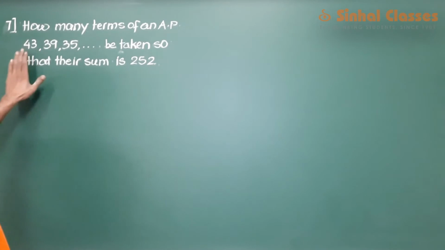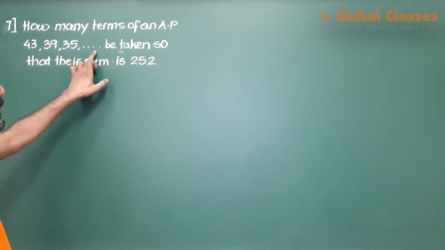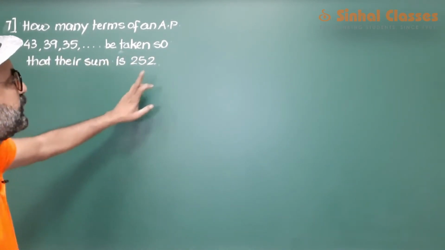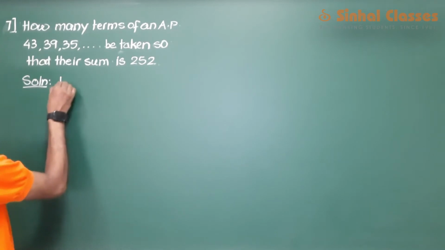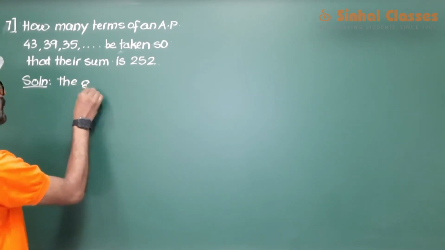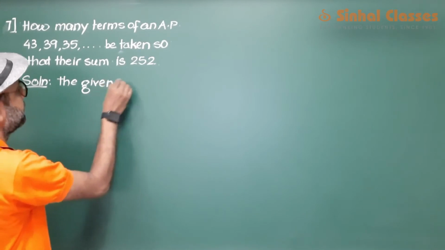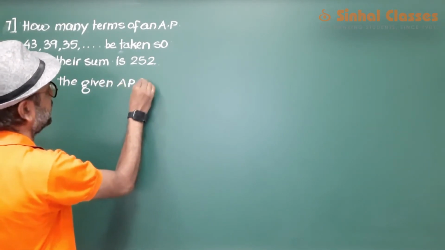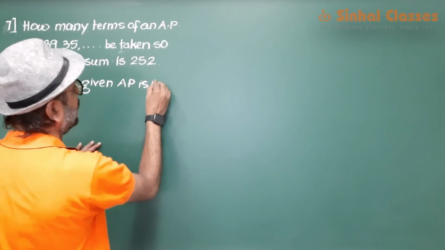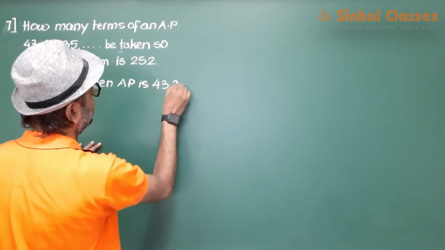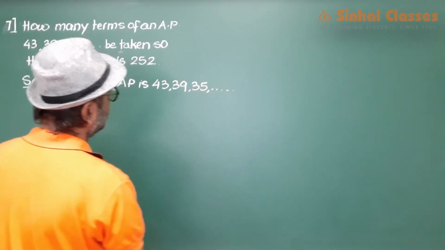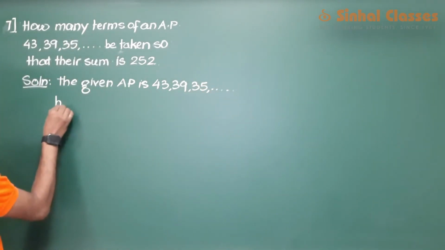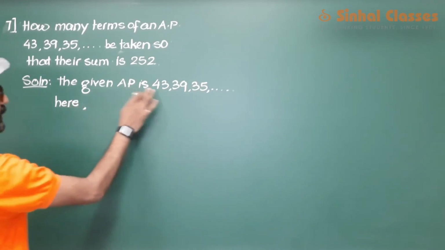How many terms of an AP 43, 39, 35 ... be taken so that their sum is 252? The given AP is 43, 39, 35 and so on. Here, the first term